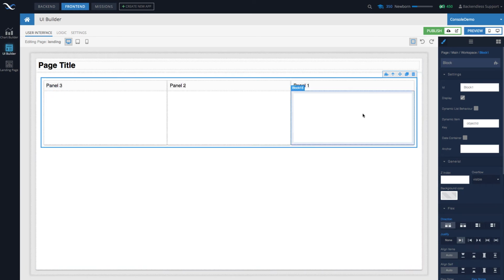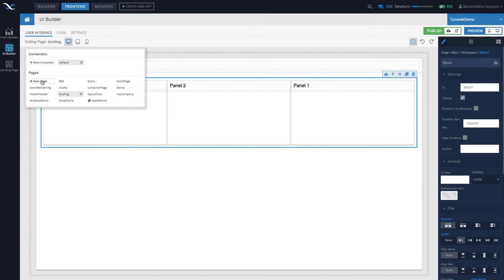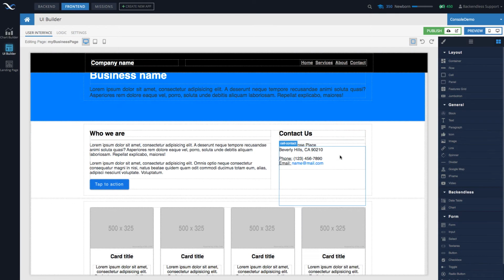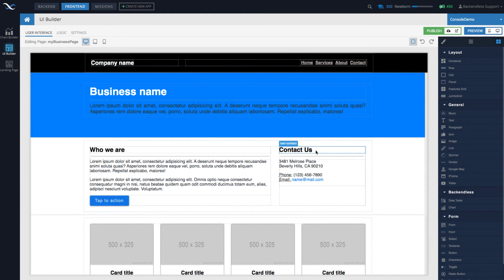The next thing that I would like to do is to demonstrate how these layout tools, configuration and properties can be applied to something that is already done in the form of page templates. To do this, I will create a new page. Now we made a change where you can actually see the layout of the individual templates. So for instance, we will select this business front page. Let's call this my business page and select the business front page template. Now in here there is already a bunch of components and they are all nicely laid out, and this is a good way to study how the layout rules are applied to achieve this particular effect.